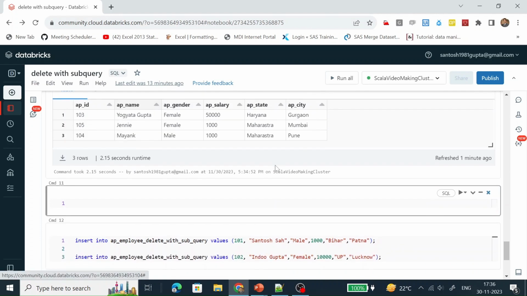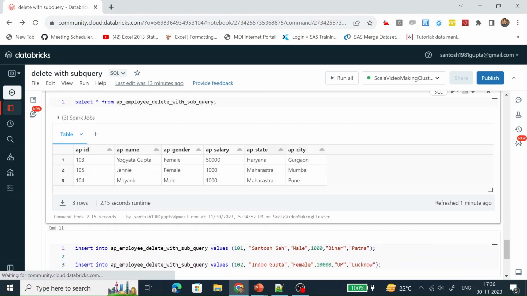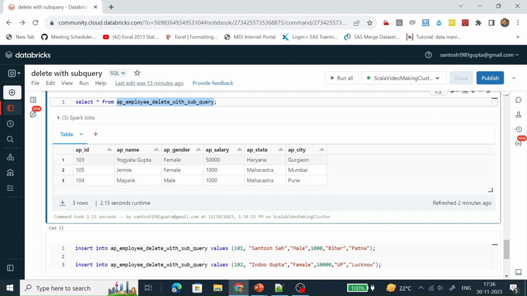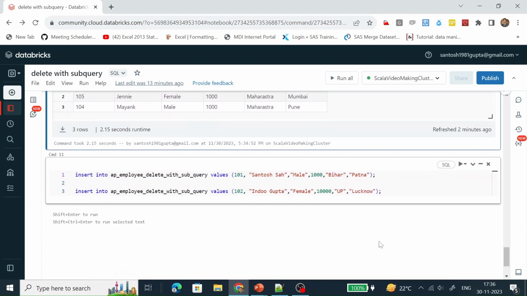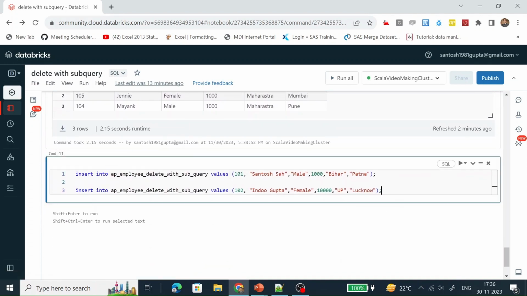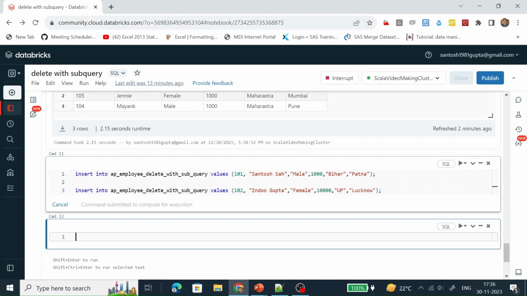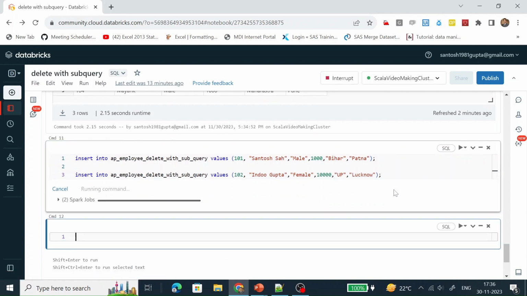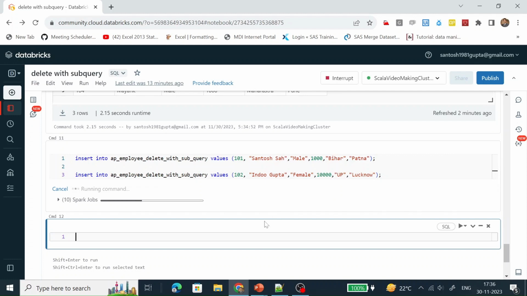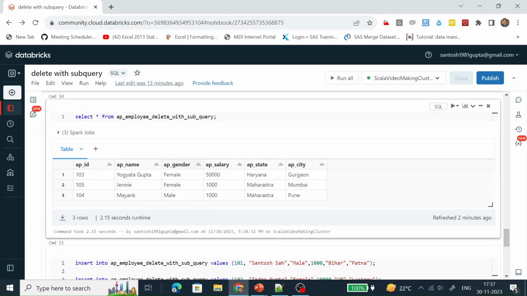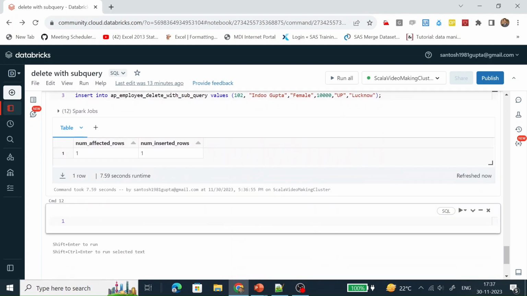We can see here the Patna city and Lucknow city records are not present. So let's insert them again. It will be required to perform our next exercise. That's why I am inserting. Let's do a select.